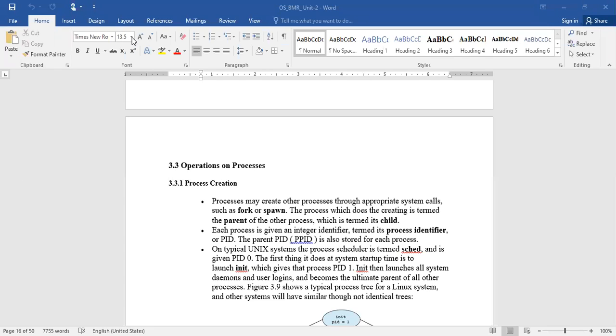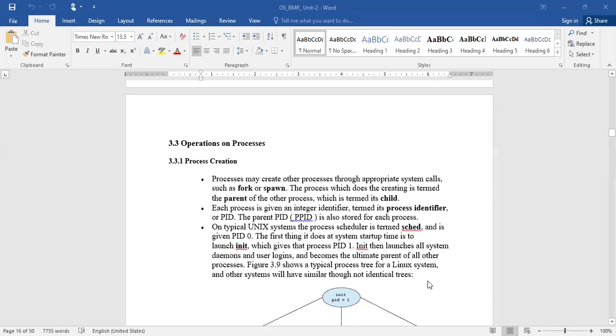Later, once the system has started, the init process. Init means initialization; the short term for initialization is init. So once the system starts, it launches the init process, and it will be assigned process ID 1. From thereafter, whatever other resources are going to be started in order to make sure your system is working in a proper way, for all these things, whatever processes are started, all of them are created in parallel.